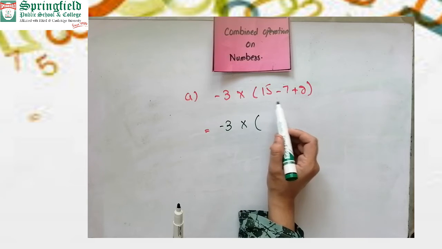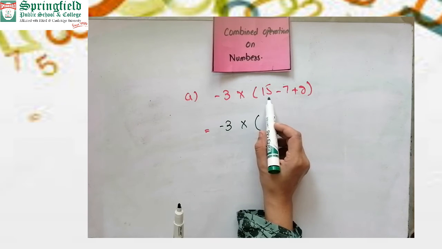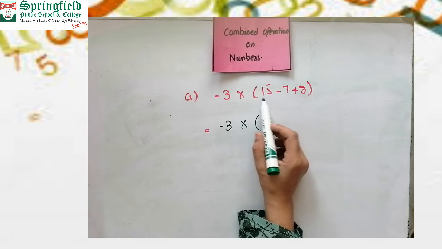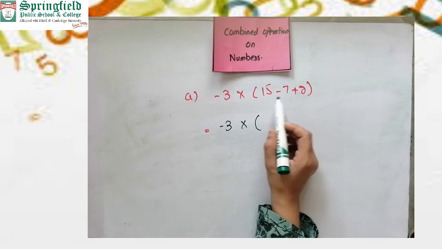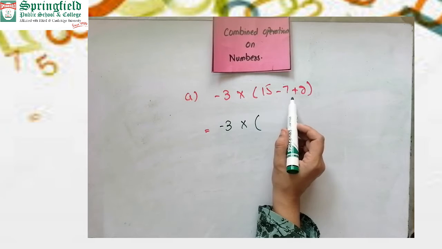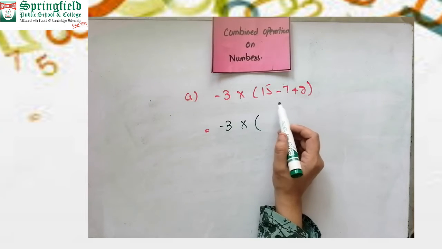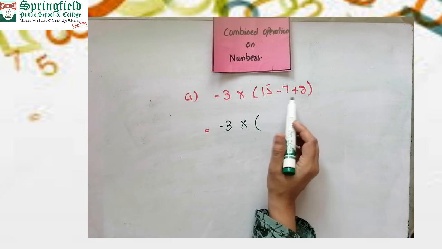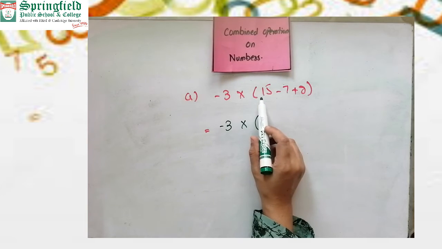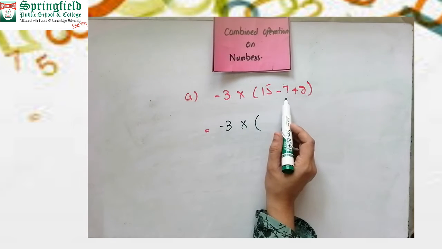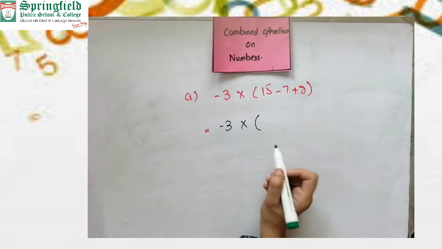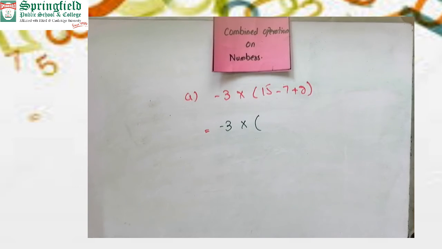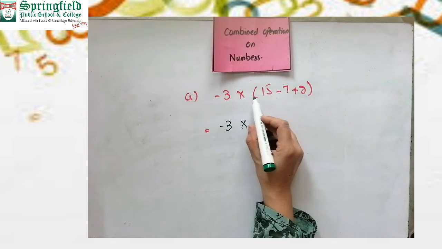Now which operation will be first? In this type of situation, as we already learned, we will start from the left side. So this is the left side and this one is the right side. So when an expression has negative and positive signs, or addition and subtraction operations, we will start from the left side. Fine. And as we know, this is the fourth rule of the combined operation on numbers. So we will start from the left side.